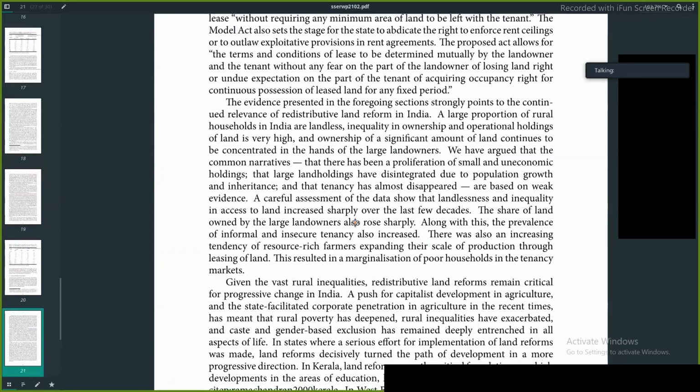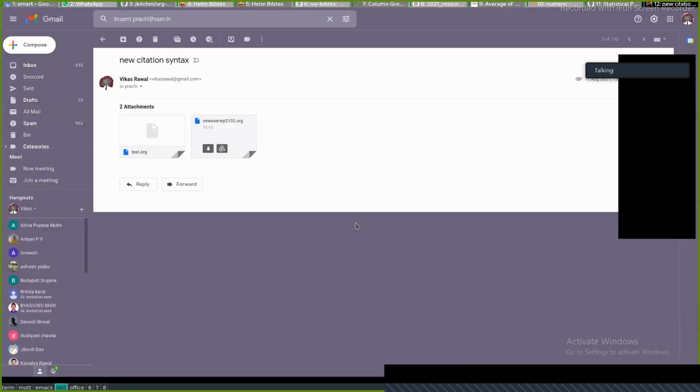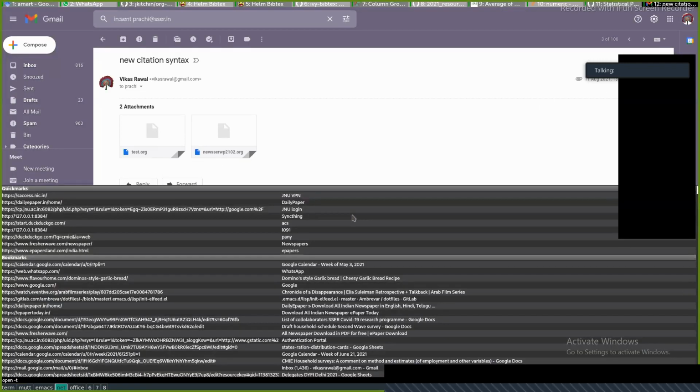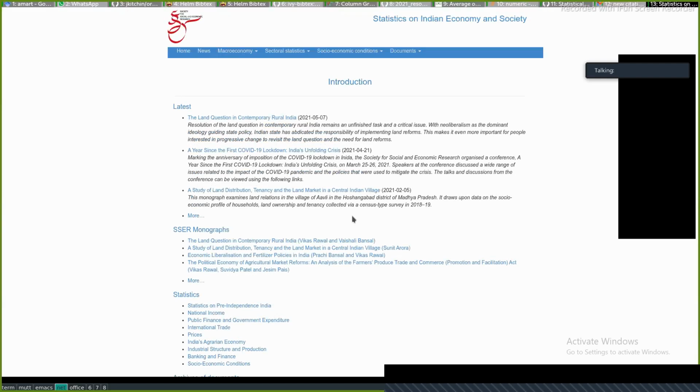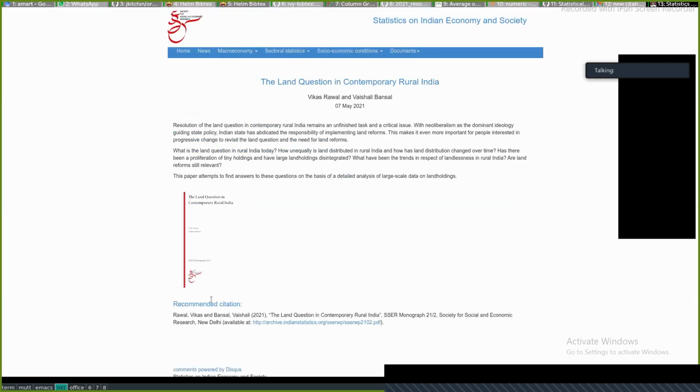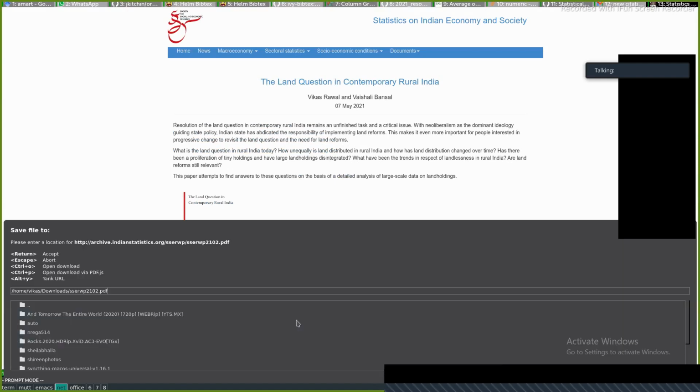I've messed up, sorry, I messed up this document. Let me just get hold of this document. I've been fiddling with that file because of the new citation syntax.